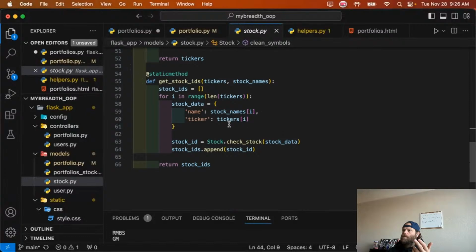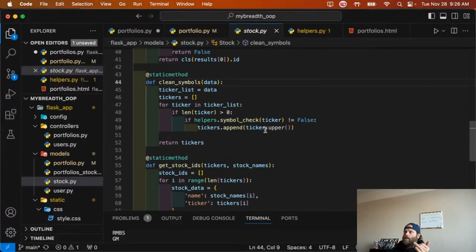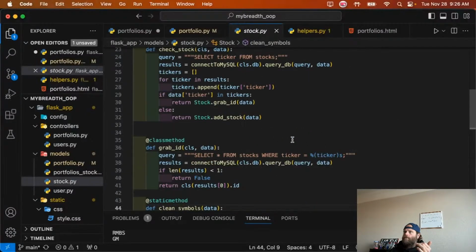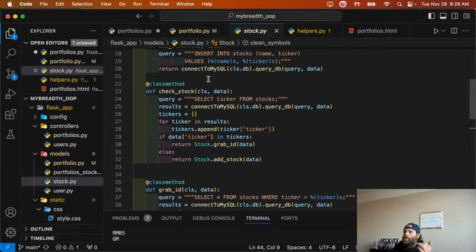It's not doing this twice, is it? So for iron range length, the tickers. Oh yeah, this is just an append. Okay. So it's going to take the data and send it to the check stock, which is up here. It's going to select all the tickers from the stocks table,